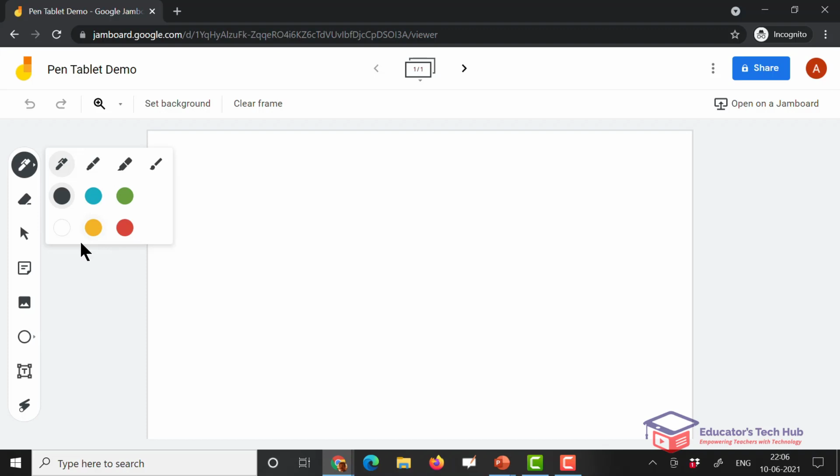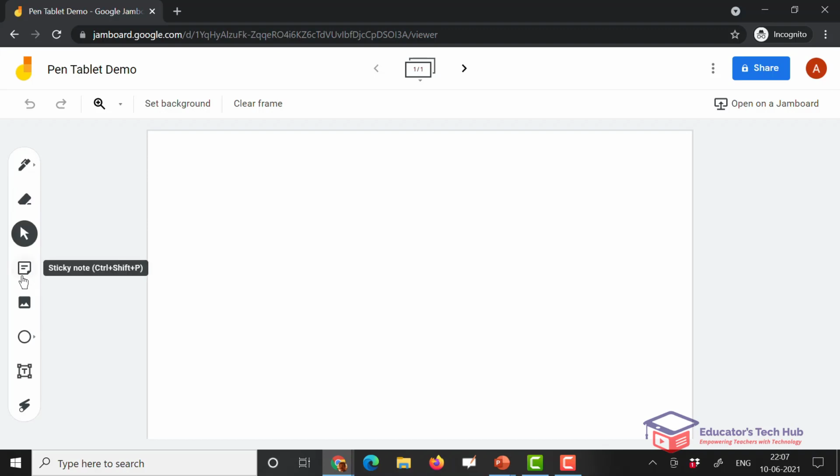So you can choose a pen color as per your requirement. Second, the same pen can also work like an eraser, but you just have to click on this to make it an eraser. This is the selecting tool or a marking tool. This is the sticky note. As we progress in the demo, we'll check the functionality of the sticky note.